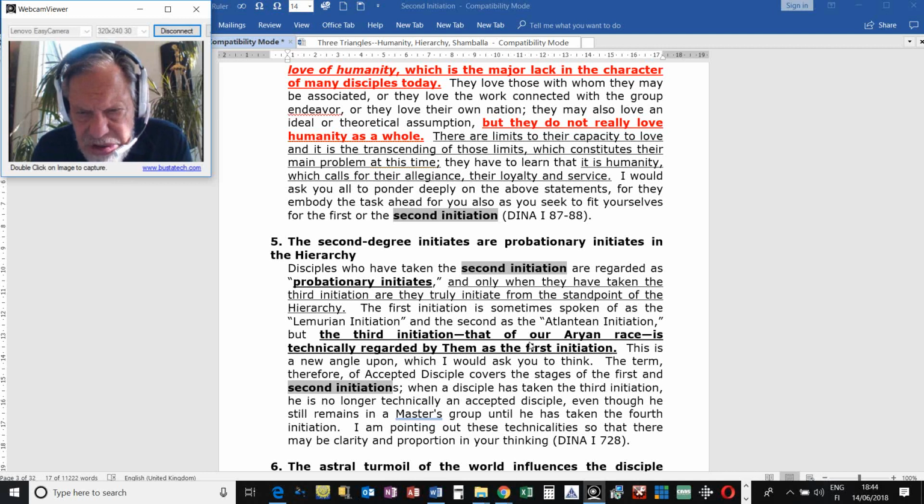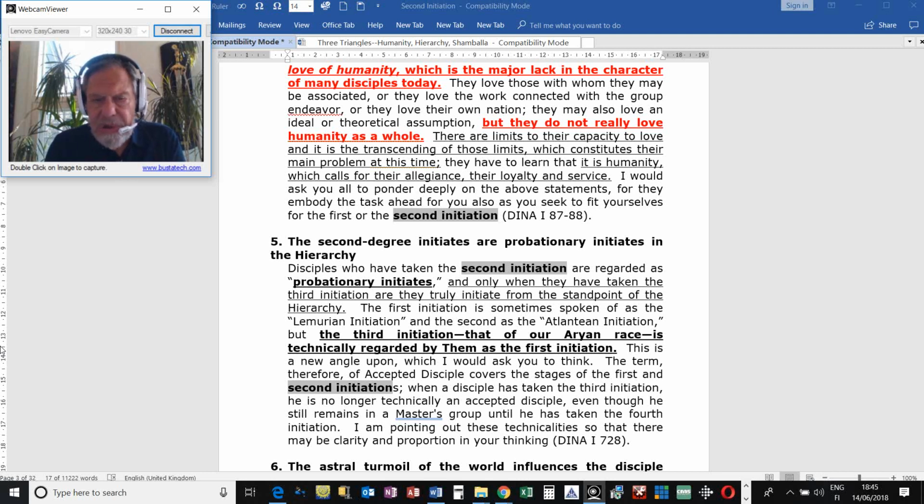The term, therefore, of accepted disciple covers the stages of the first and second initiations, and that stage is oftentimes not entered immediately at the first degree. It's entered oftentimes midway between the first and second degree, and sometimes even after the second degree. He says it's not just a question of achievement, it's a question of one's relationship to a particular master who may accept one. So someone who has a relatively higher status may not yet be an accepted disciple when compared with someone who may have a lower initiatory status but is related to a particular master in such a way